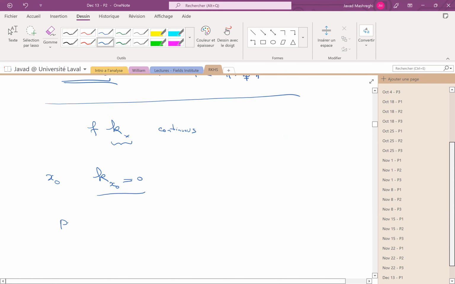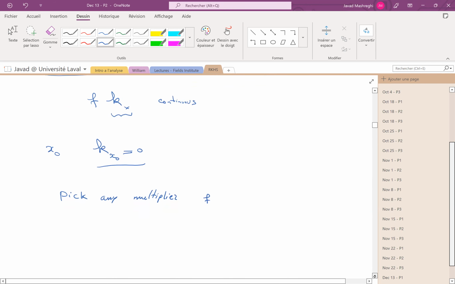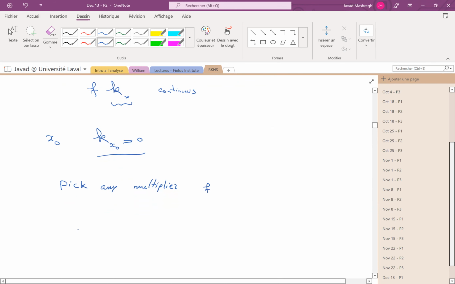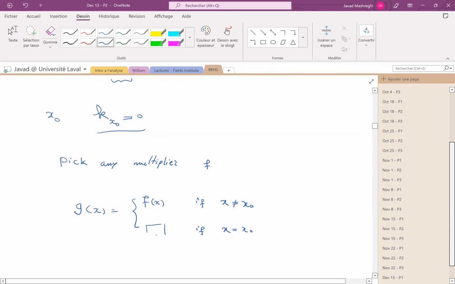Pick any multiplier, say f, and then define g to be equal to f(x) if x is not equal to x0. And at point x0, whatever you wish, you have absolute freedom. It really doesn't matter. g is still a multiplier